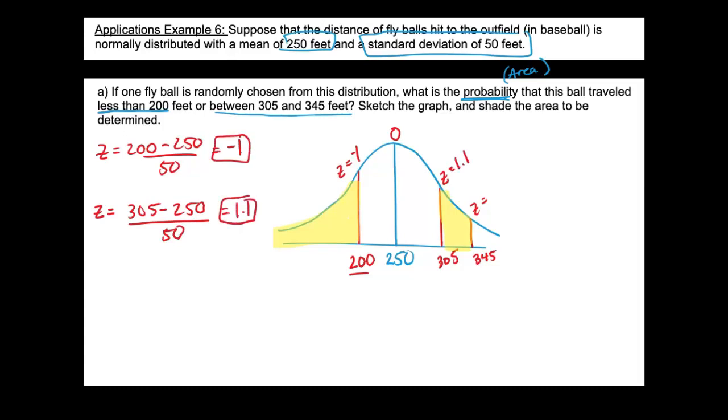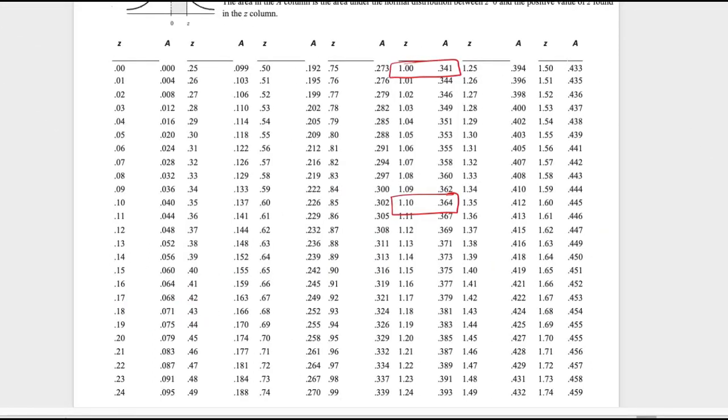Okay, so that's the z-value for 305. And then for 345, I minus 250, I divide it by 50, put that in my calculator, I get 1.9 for that z-score. Okay, so now I'm going to look at the z-score chart and find the areas associated with all of these z-scores. Okay, so I bring up the area under the normal curve chart, and it looks like